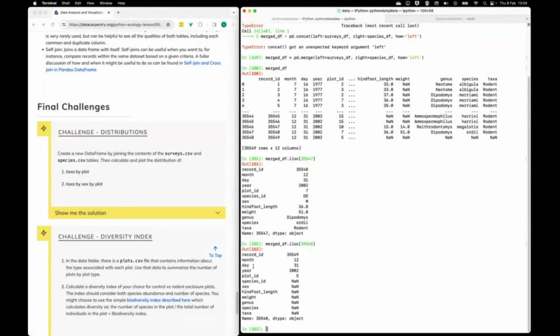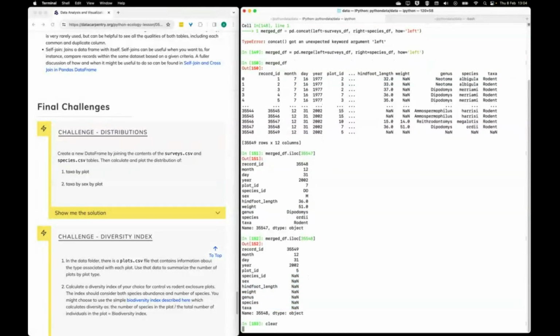So, well, actually, we can see that the issue was not that there was no genus, species, and taxa information in the species file. It was actually that for that recording, the species ID itself was missing in the original file. So no wonder that there's no genus information, etc. Because how could there be? There's no join key. So Pandas has had to just simply say that that is missing as well,